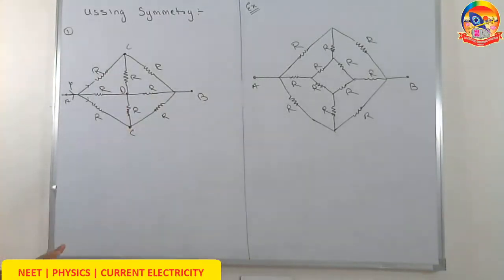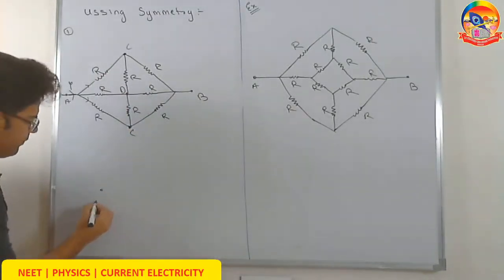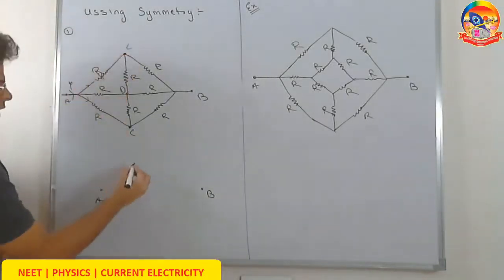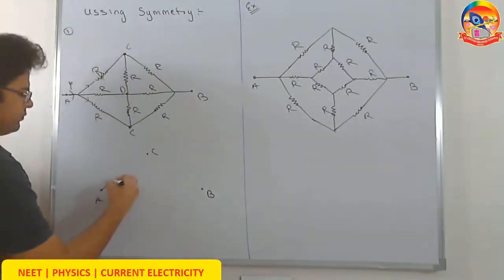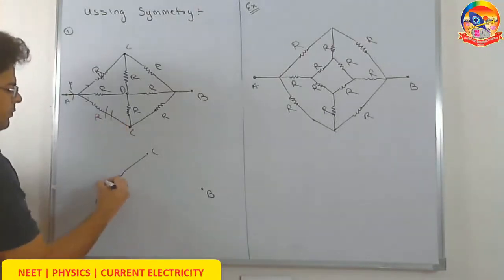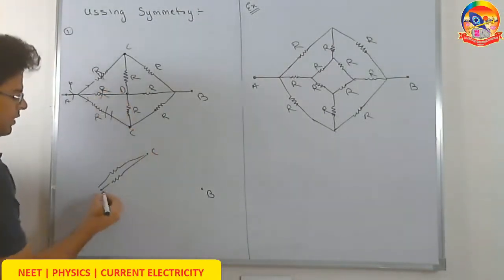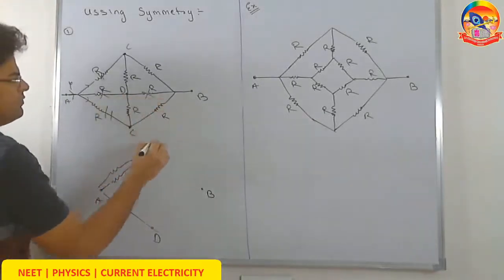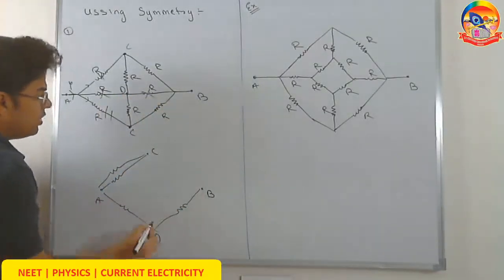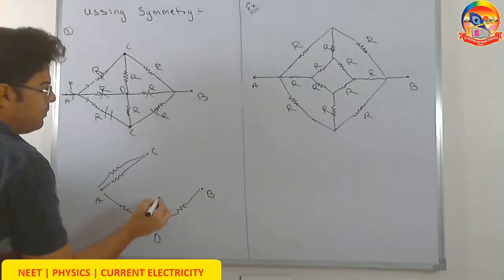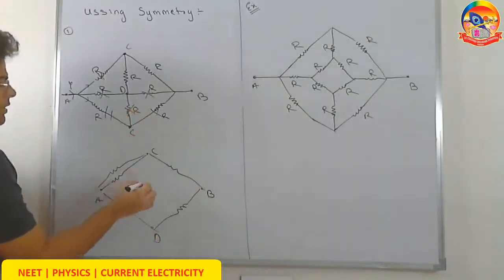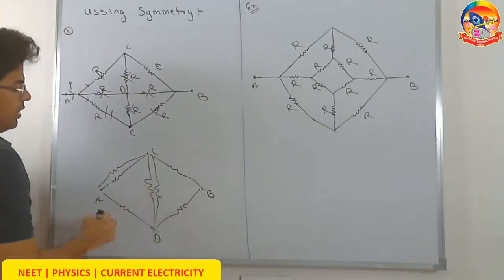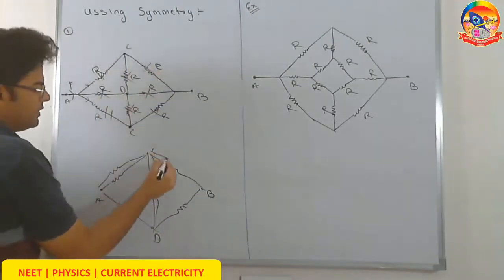Now, I will start to redraw the circuit between A and B. The first resistor connected between A and C, I don't have C, draw C somewhere. The second resistor connected between A and C. The third resistor connected between A and D, I don't have D, draw a D here. This one connected between D and B. This one connected between C and B. This one connected between D and C. This one connected between D and C. And one is left, this one connected between C and B.